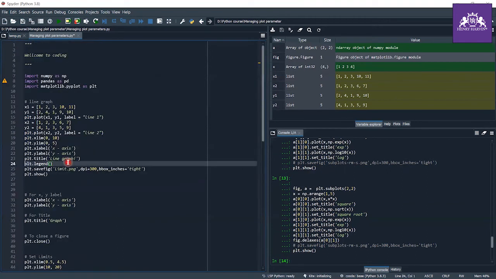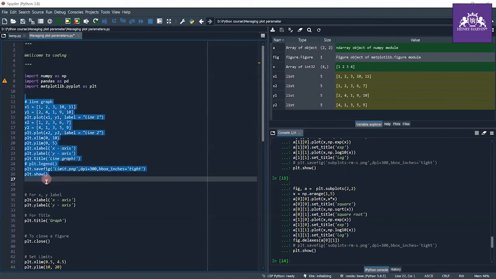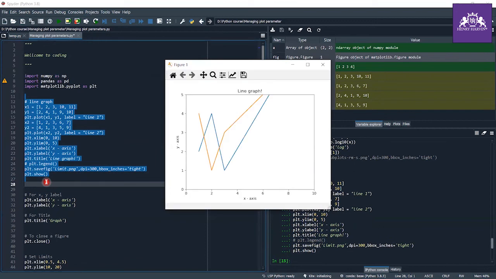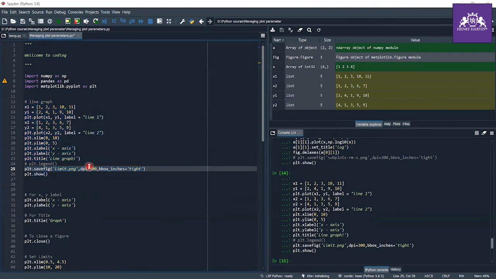First of all, I want to hide the legend, and let me show you so you can see the differences. Here, as you can see, I don't know what this orange line and this blue line are. To get this, I have to specify plt.legend. Keep in mind, you have to specify plt.legend at the end of everything and before the show function.